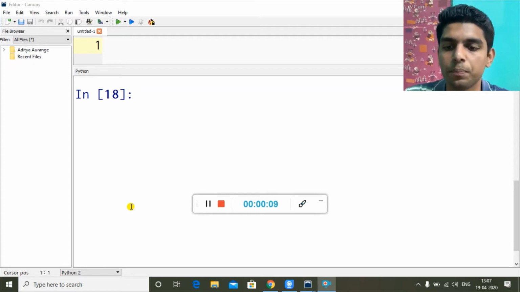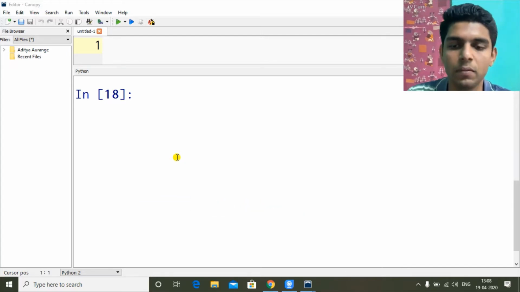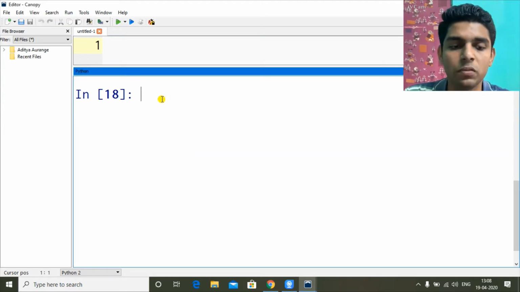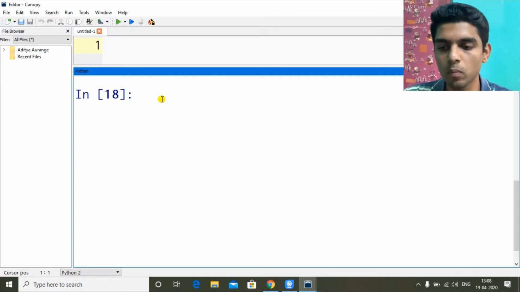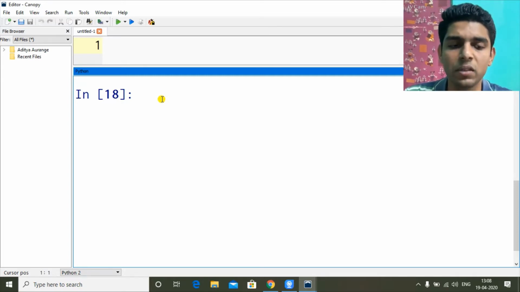So let's start. One of those functions is, let me hide it first. First function is linspace. What linspace does is it gives us a range. In that function we have to first provide the starting point and ending point, and then how many numbers we want in between. So it gives us equidistant points within the starting and ending point. We will see an example.